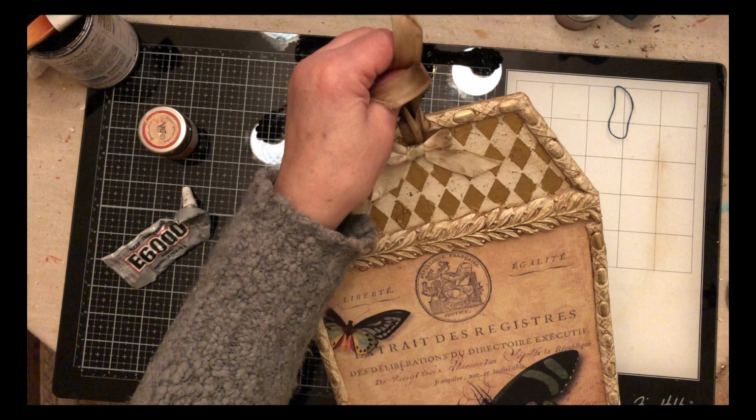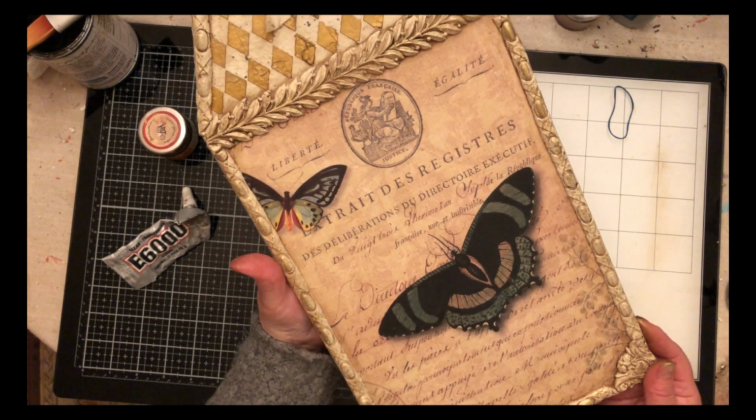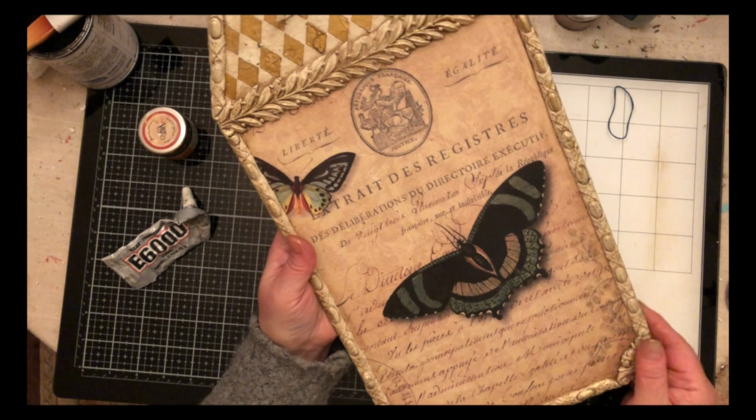So here's a finished product. We have the beautiful paper from Decoupage Queen, molds, wax, gold, raised stencils,